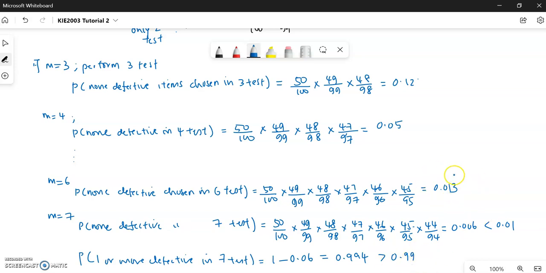If we stop at 6, then what is the 1 minus value? 1 minus 0.013 is equal to